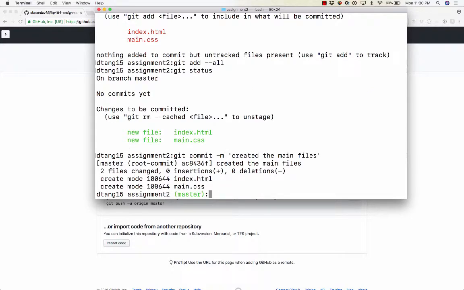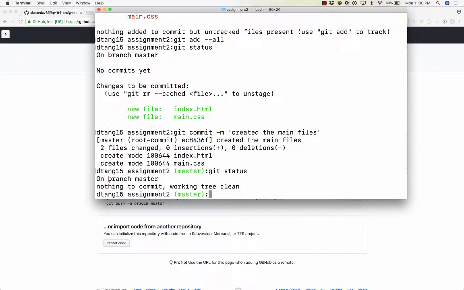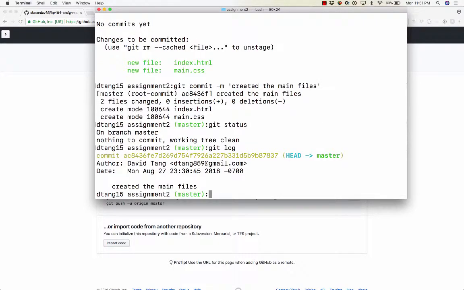Typically, you'd probably have something a little bit more descriptive, but this will do for now. So now if I say git status, it's going to say nothing to commit, working tree clean. So I don't have any changes at this point. So basically, I've created my first snapshot in my Git repository, and this is all just living on my computer. You can type in things like git log, and this will list out all the different commits in your project. So in this case, I only have 1 commit, which I made at this time, and